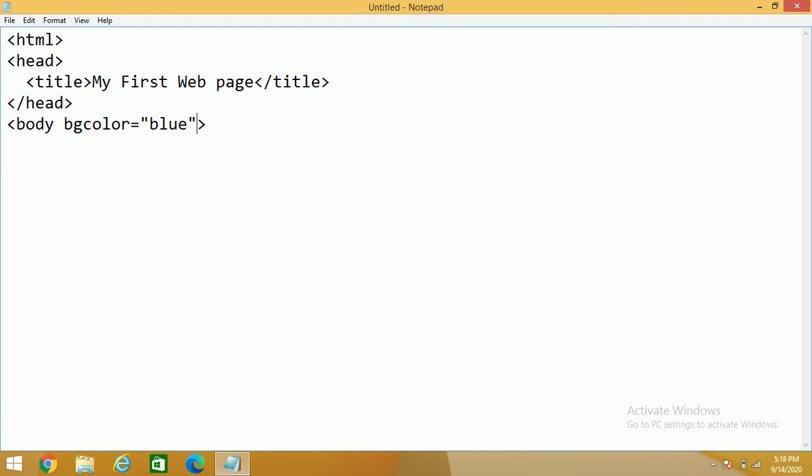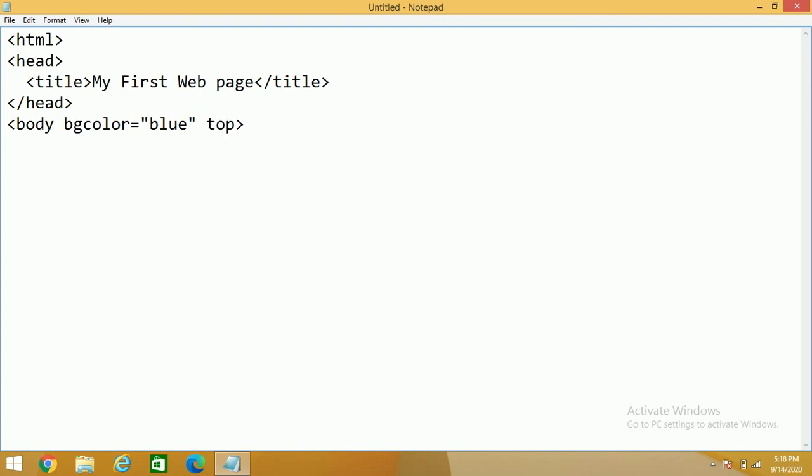Now apart from this, there are some more commands like margin commands, top margin and left margin. That is a part of the body tag. So body tag के साथ ही you have to give top margin and left margin. If you give top margin, top से इतना space, अगर 50 लिखा है मैंने, top 50 margin, means from the top you can give 50 space. And if I write left margin, means from the left hand side you can give 50 space. So that's up to you, कितना आप space देना चाहते हो.